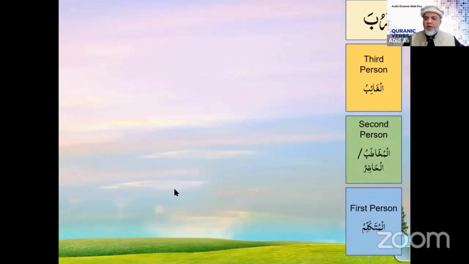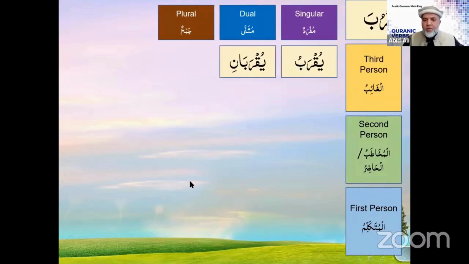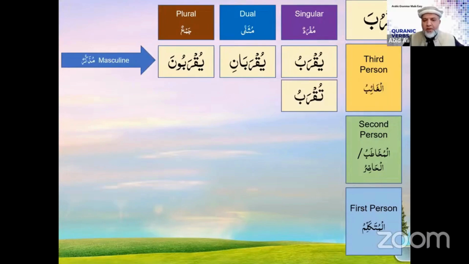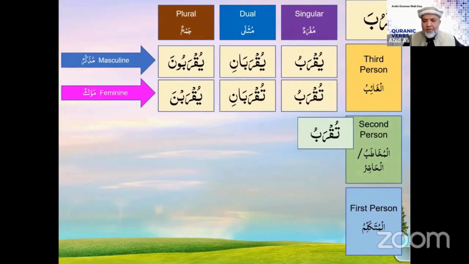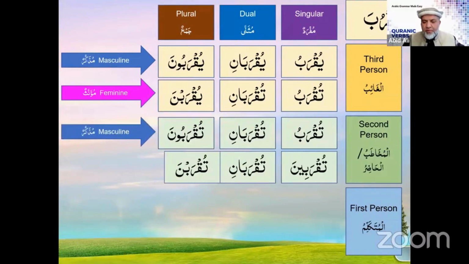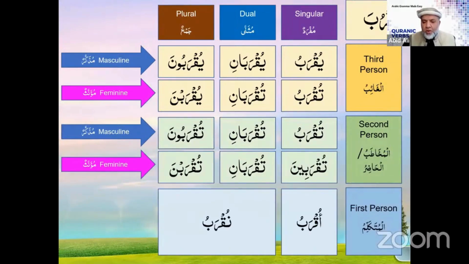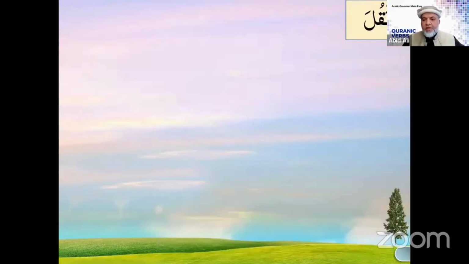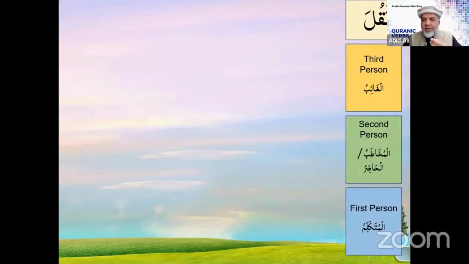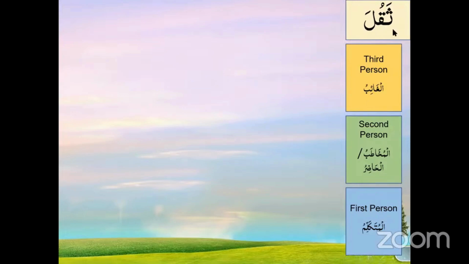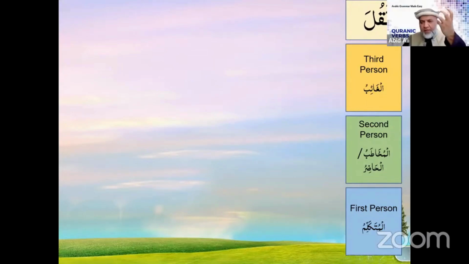Okay, so karuba, and you will see the same pattern here. Yakrubu, yukrabu, yukrabani, yukrabuna. Tukrabu, tukrabani, yukrabna. So inshallah, you got the idea. I'm just going to fast forward because we want to save some time. Ukrabu, nukrabu. These are the examples of when you have the dhamma on the ain letter. Is qaf the ain letter? Yes, think about fa'ala. Any 3 root letters we have, we always put them in the pattern of fa'ala. So the ain is the dhamma here, right?